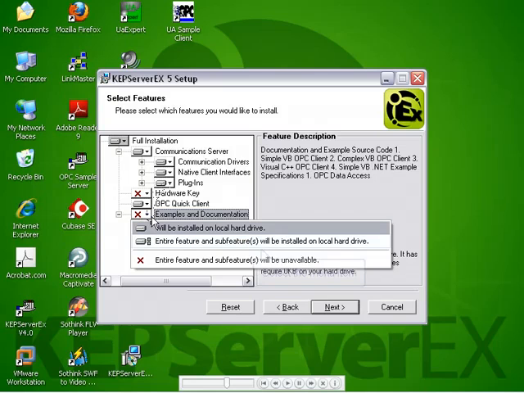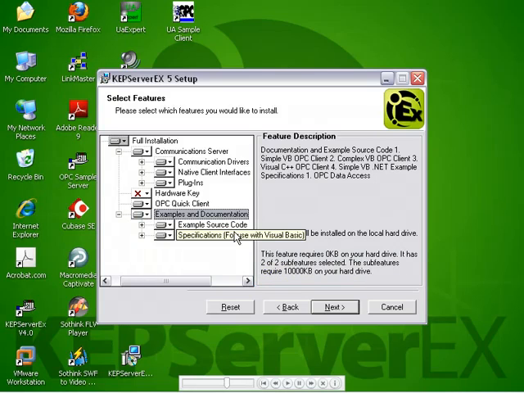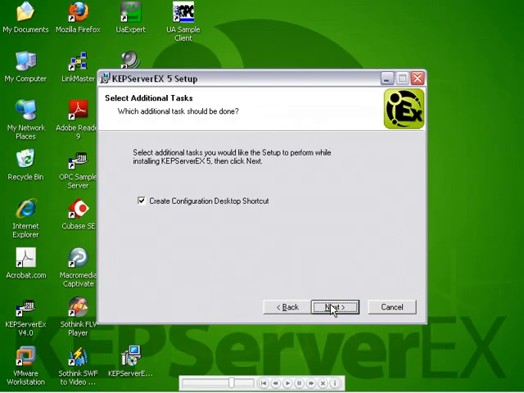The other thing that I'm going to do is I want all of the examples and documentation. Now I'm not going to install hardware key support. You can. Hardware key and software key can be installed on the same machine. In this case, I'm not going to have any in my test environment, so I've selected everything. I'm going to click Next,